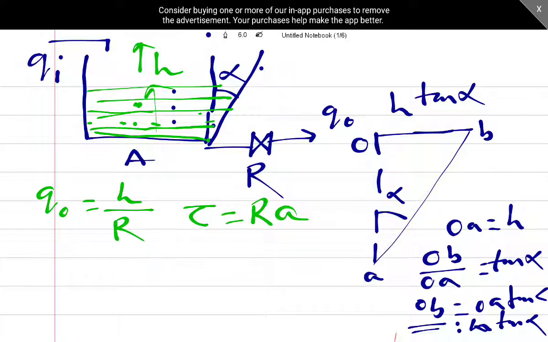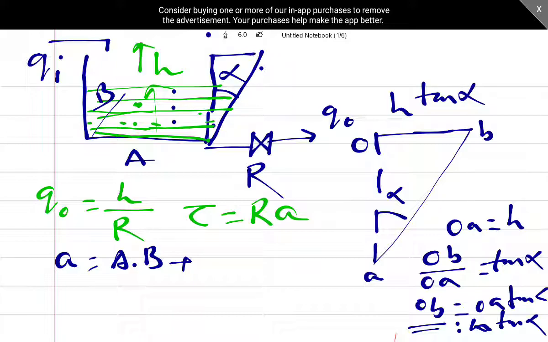So at any height h, the area will be given by, so the area is changing, that much we have understood, but how much the area is changing, that for that at any height h, the area A will be given by this length A multiplied by this length B plus this area, this variable area, this part.